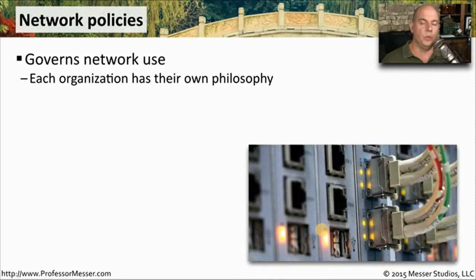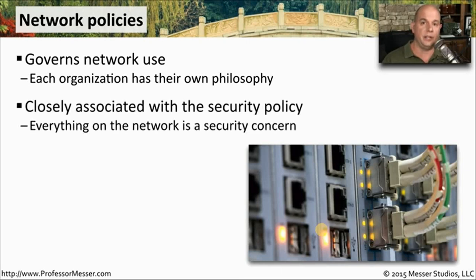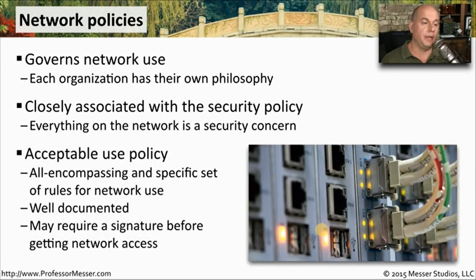A network policy is one that describes how people are to use the network. Every organization is a little bit different in their philosophy around what is acceptable on a network and what is not. This is often closely tied to the security policy, of course, because there are a lot of links between how people are using the network and the security of our data. Network policies might also include things like acceptable use policies, where you are clearly documenting what is acceptable on this network and what is not acceptable on this network. And it is well documented and very detailed with exactly what is allowed and what is not. In some cases, organizations require that someone sign or validate this acceptable use policy before they're even granted access to